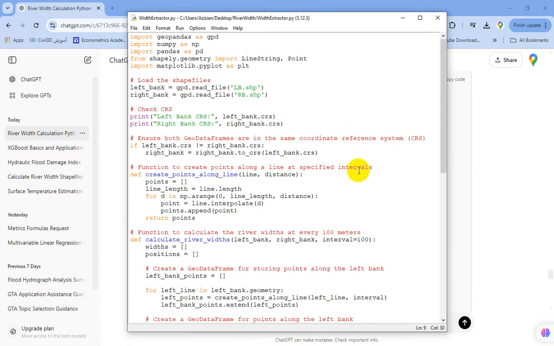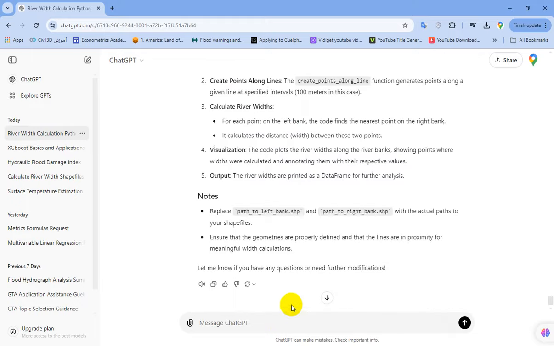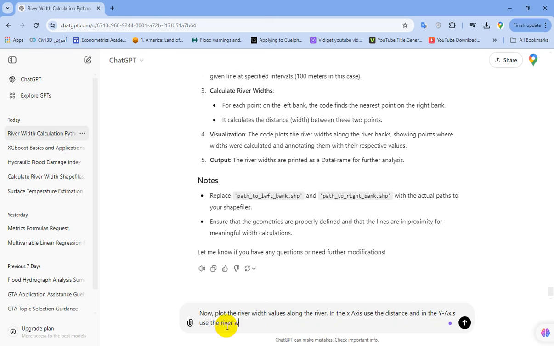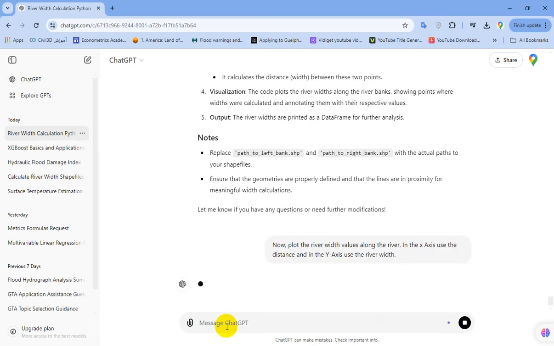Okay, now the code works appropriately, but I want to add some code to plot the river width along my river. Okay, now plot the river width value along the river. In the x-axis, use the distance, and in the y-axis, use the river width. I hope it works. Press enter,